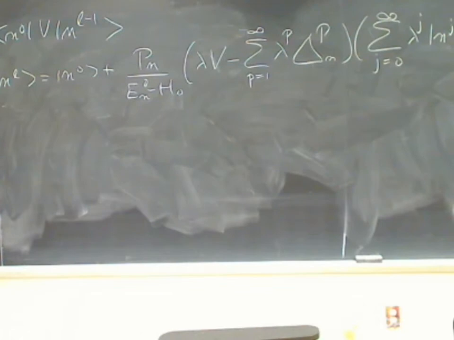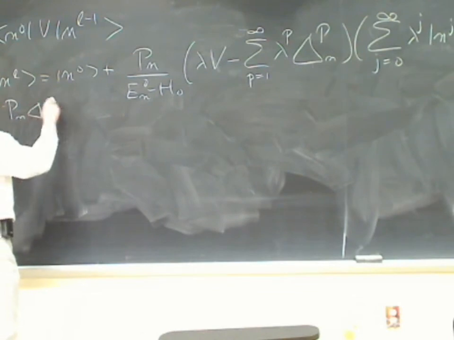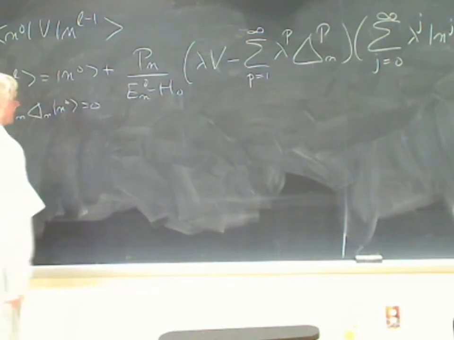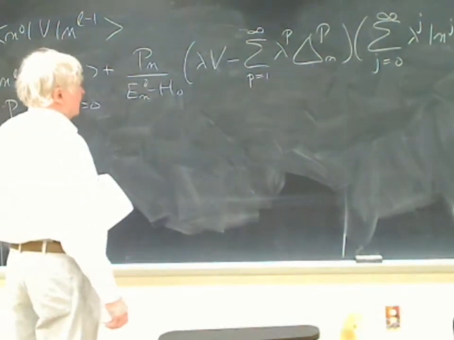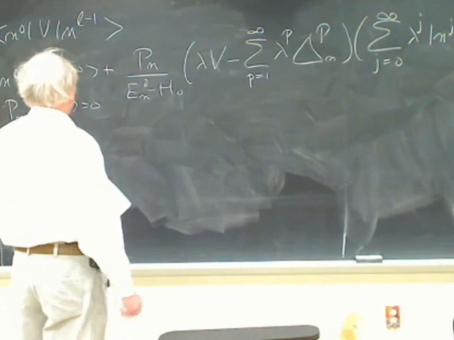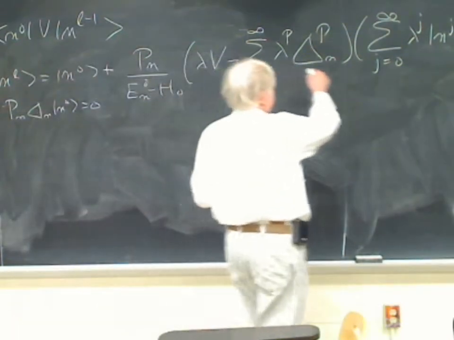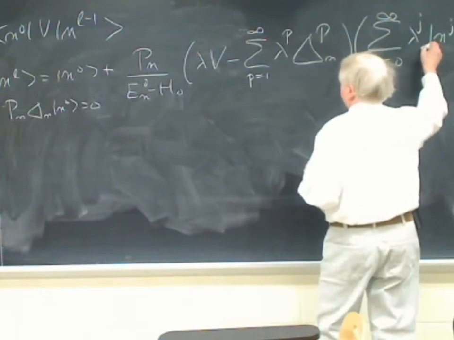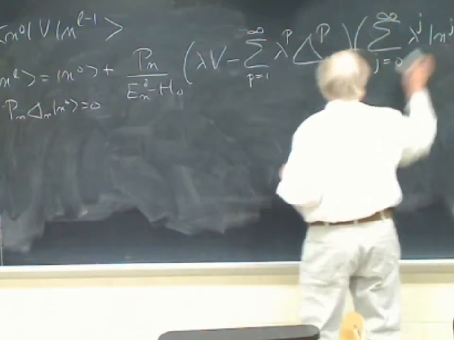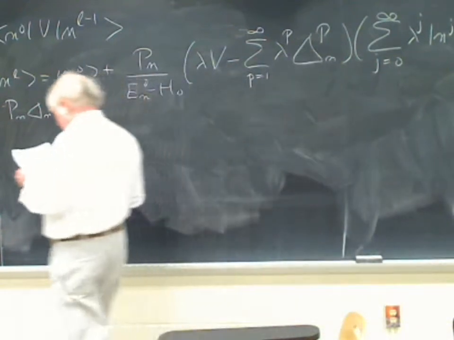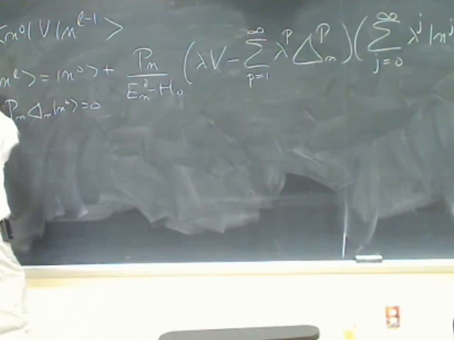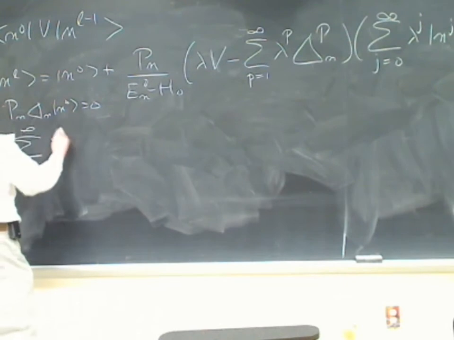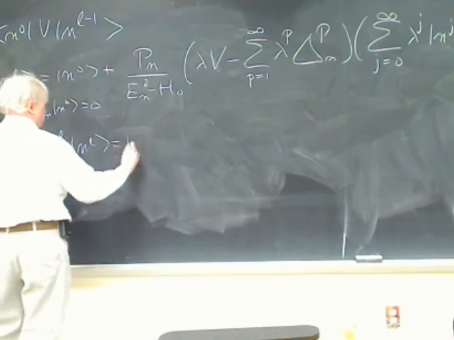On the other hand, we know that P n on delta n, n0 obviously is 0. And so, in particular, when this P n goes along here, it's going to knock off, when it hits these guys, the J equals 0 state. And so you can simplify this a little bit. It's the sum L equals 0 to infinity, lambda to the L, n sub L equals n0